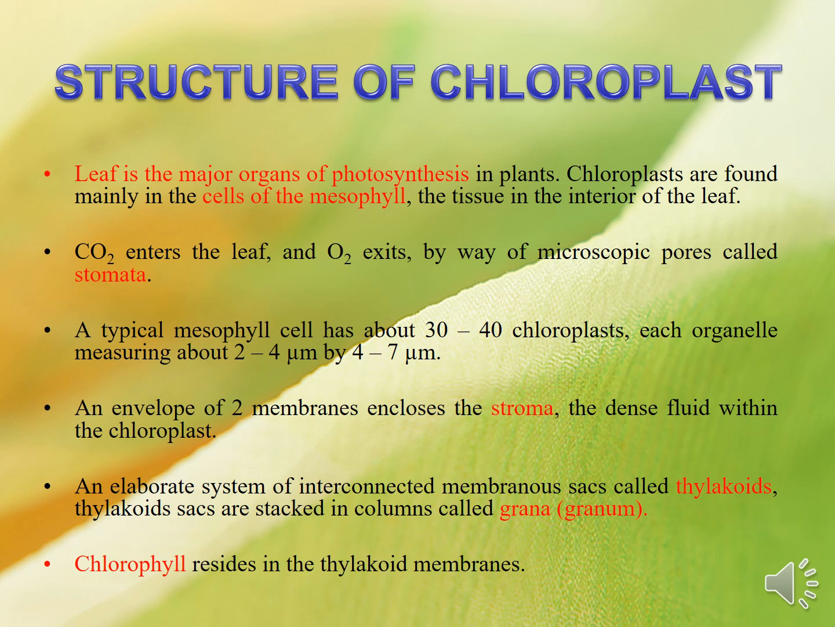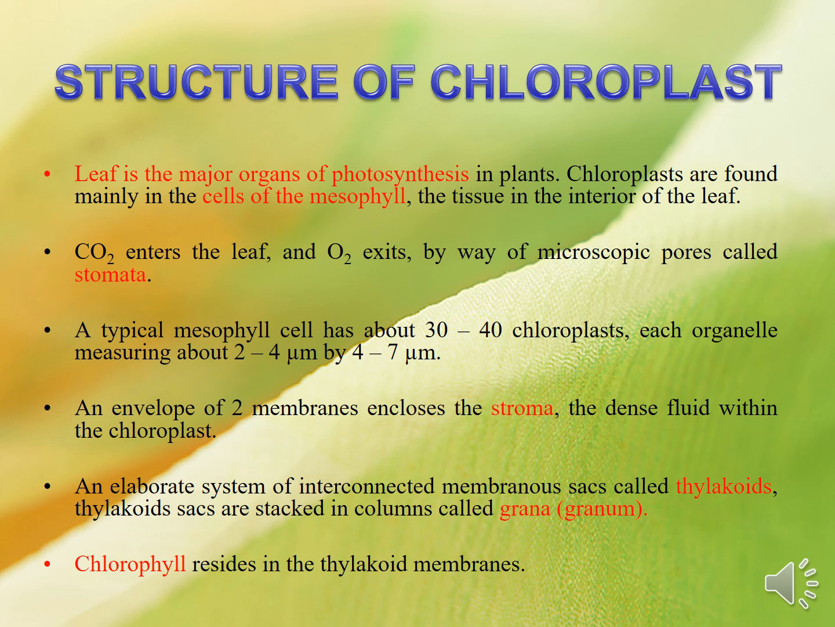So they have one cell, actually they have 30 to 40 chloroplasts. Okay, and if the size of the chloroplast is small, it's about 2 to 4 micrometers. If they have a large chloroplast, the size should be 4 to 7 micrometers. Okay, and when we looked just now at the structure of the chloroplast, they have the envelope, which has